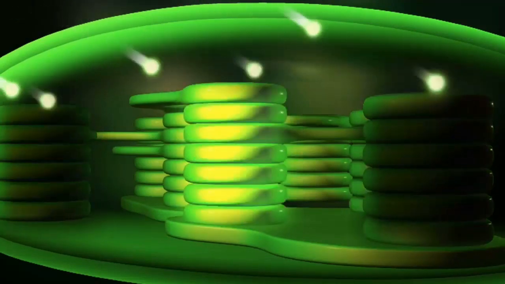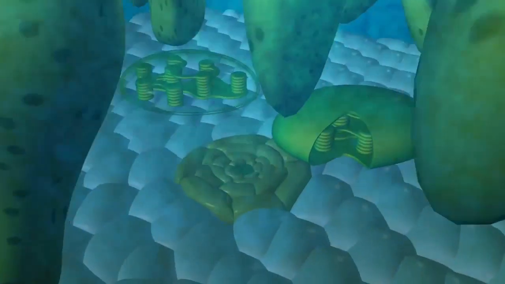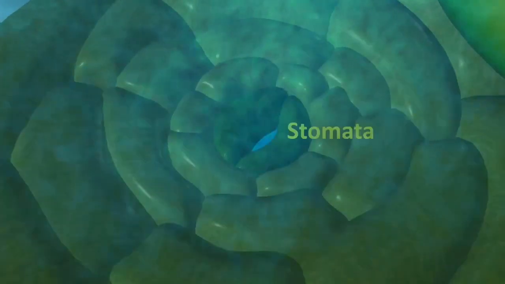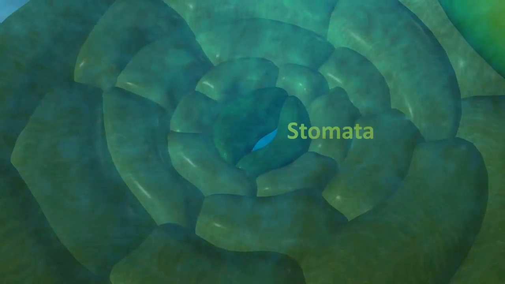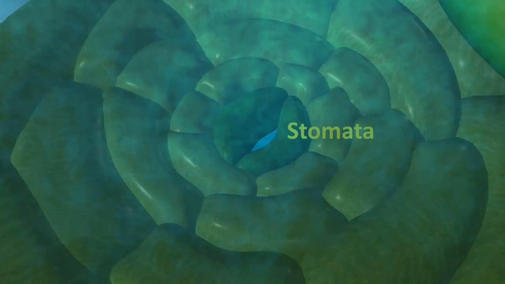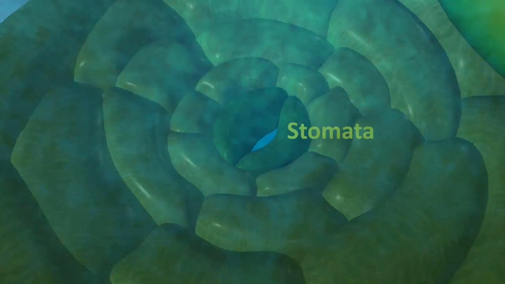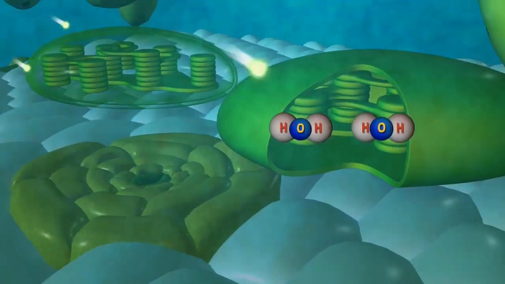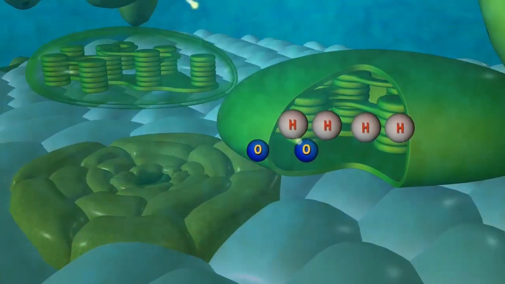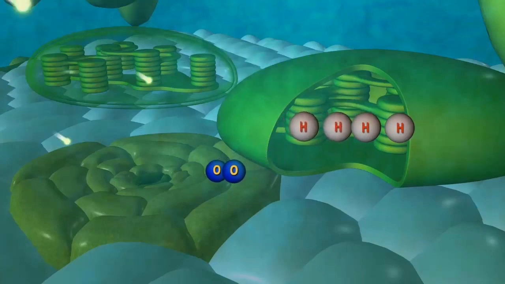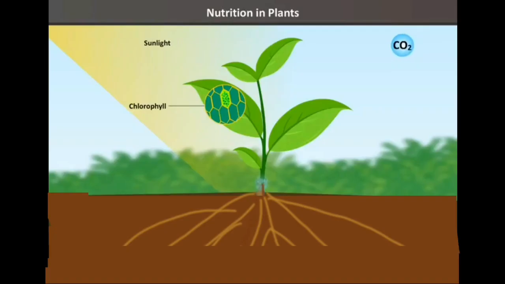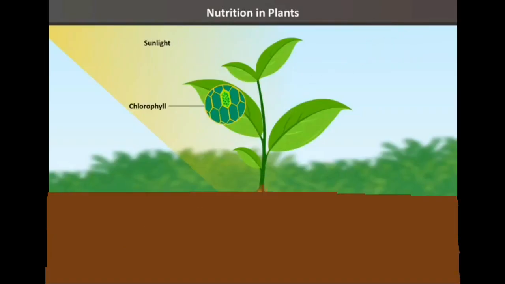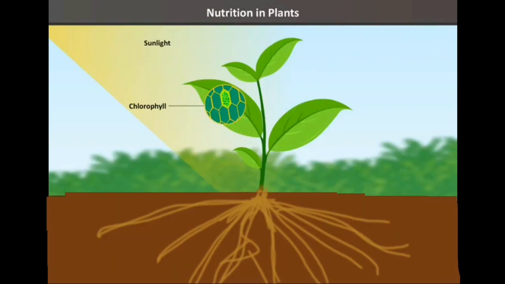From the stomata, the carbon dioxide travels to the chloroplast where it combines with water to form glucose. The combining of carbon dioxide and water utilizes the energy stored in the chloroplast. Chlorophyll is a green pigment found in chloroplast, which is present in the cells of leaves. The chloroplast absorbs water and stores the energy from light. The stored energy is then further utilized in the process of food manufacture. So in this process, carbon dioxide and water serve as the raw materials.